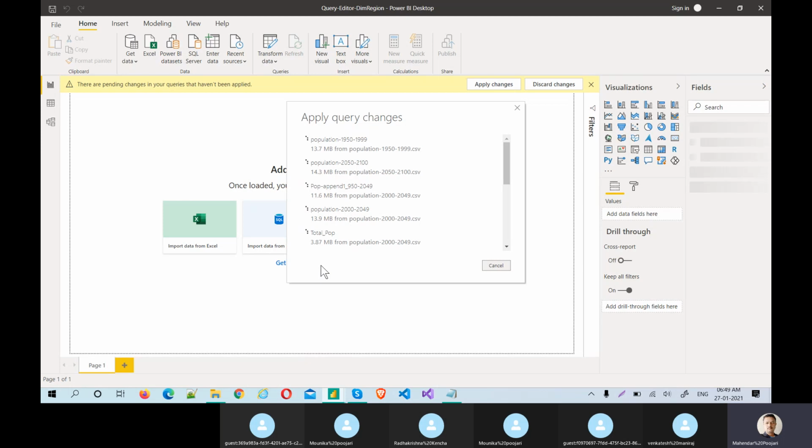It's taking just a moment. It's almost more than 50-60 MB, I just assume.